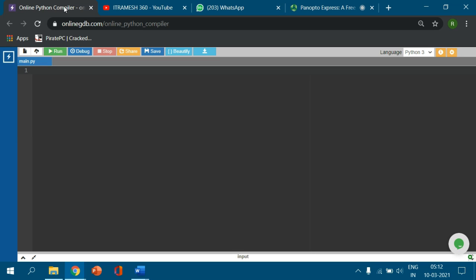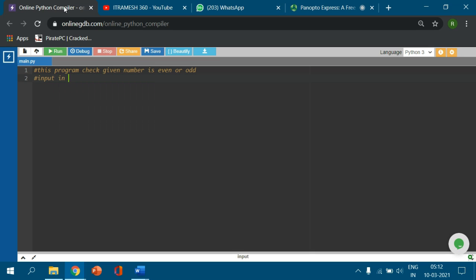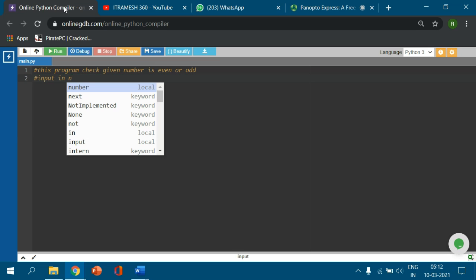First of all, I write a comment line: this program checks whether the given number is even or odd. And here I consider the input from the console, from the keyboard, and it is in numerical form, input as an integer.